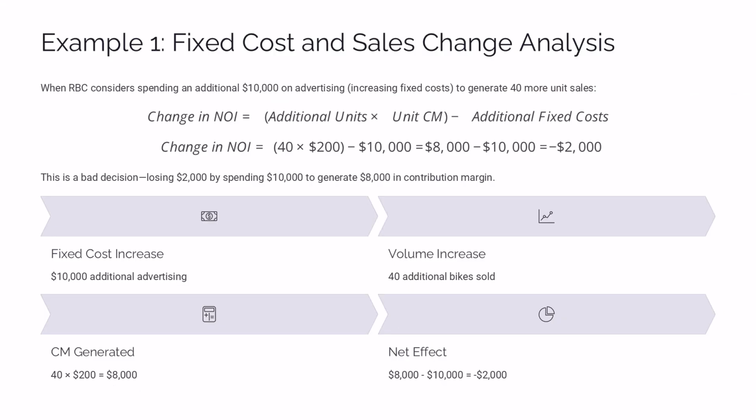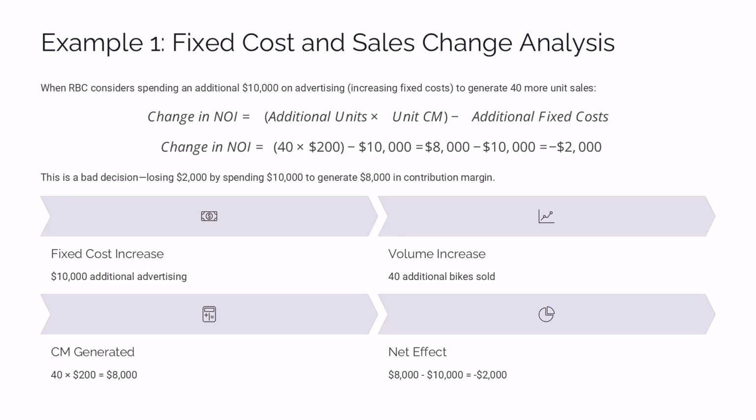Now let me walk you through a real-world example that's almost identical to a decision Peloton made last year about their advertising spending. When RBC considers spending an additional $10,000 on advertising, increasing fixed costs to generate 40 more unit sales, the net effect on operating income is calculated as change in NOI equals (additional units times unit CM) minus additional fixed costs equals (40 times $200) minus $10,000 equals $8,000 minus